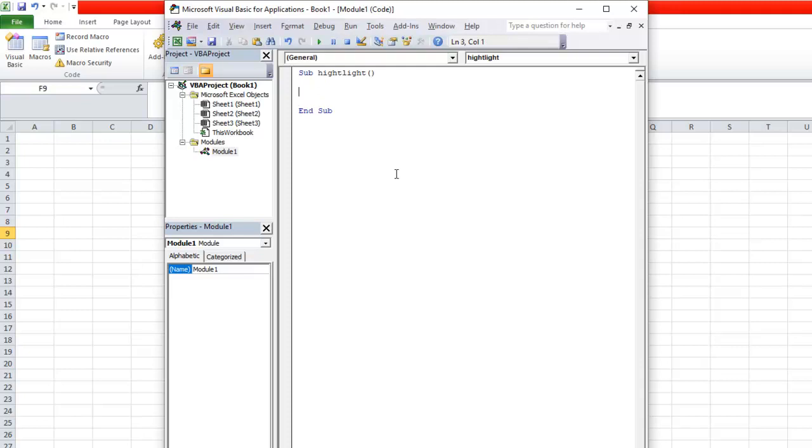and use one for loop for I equals to selection. The thing we will select will get this property dot rows dot count to 1 step -2. In this code we are using step keyword -2